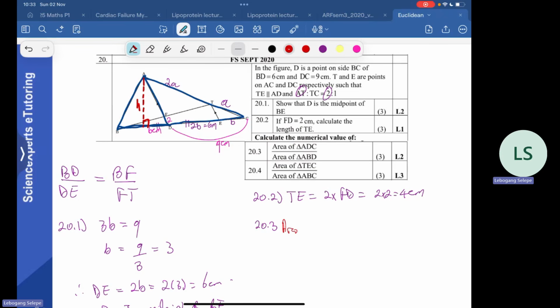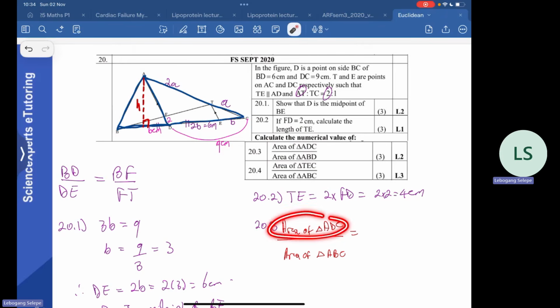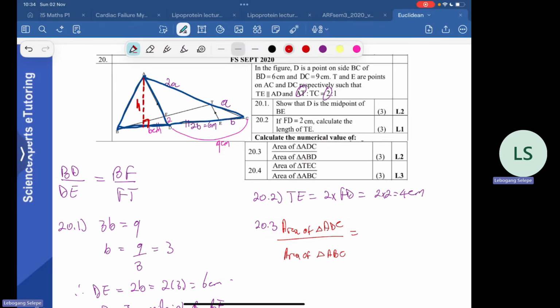So area of triangle ADC over area of triangle ABD. This one would be half the base of this one multiplied by its perpendicular height. What is the base of triangle ADC? The base is DC, so this is going to be half DC multiplied by the perpendicular height, which is H,